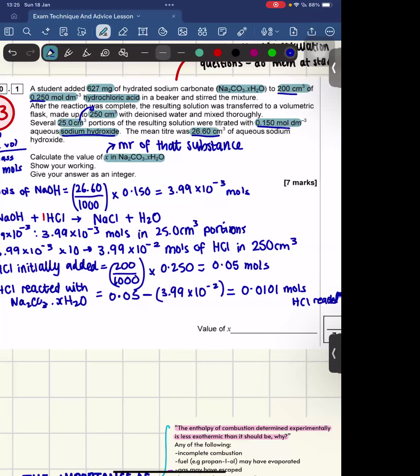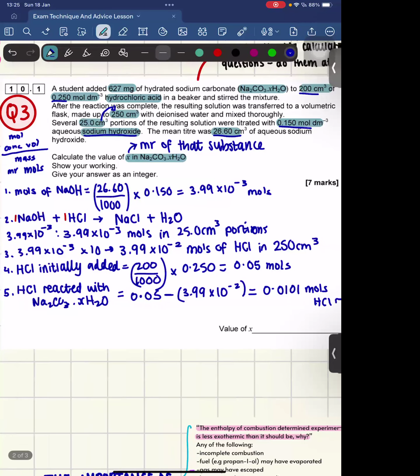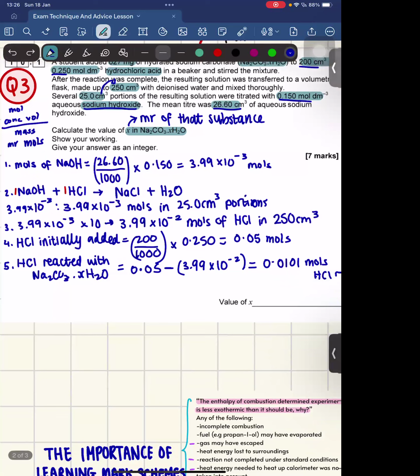We can use our mole ratio now of that reaction between the sodium carbonate and the HCl to figure out how many moles of that sodium carbonate we had, because we're trying to work out the MR at the end of the day. So if we can figure out what the moles is, we've been given the mass, 627, so perfect. We can then use that to work out the MR. So let's write out the equation. So Na2